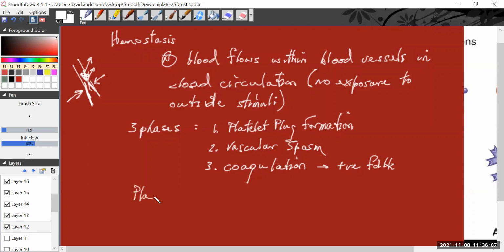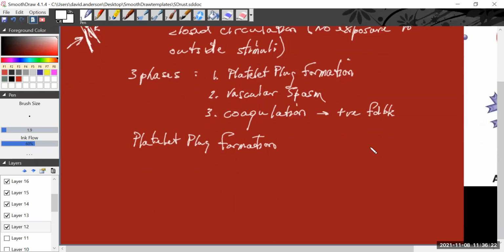If we look at platelet plug formation, we should all realize that the platelets are going to be part of this process. And what's going to happen during platelet plug formation is the platelets are going to become sticky. So normally,